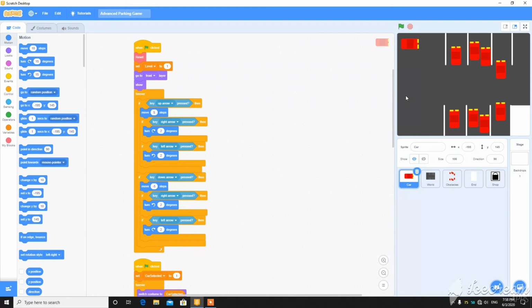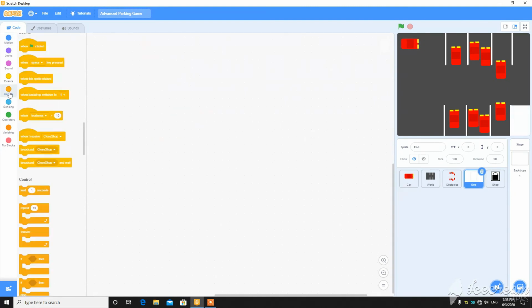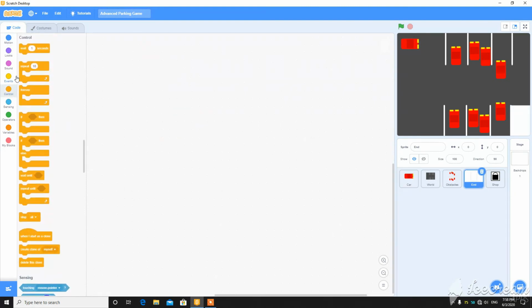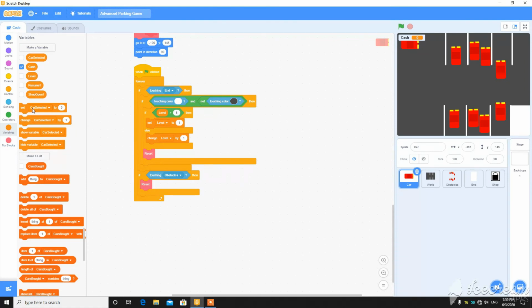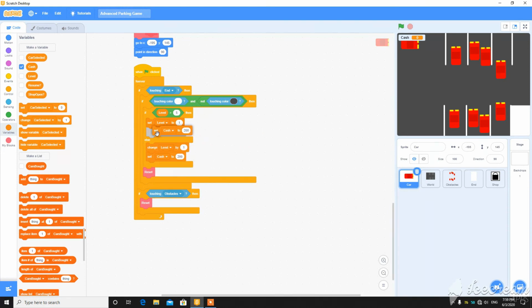So you can add more levels, like as you can see, when I complete the game it restarts. And also we have to add some cash every time we reach a level. So put it here, change cash by 200 when level changes by 1, 200, and also here when the game completes add some 300 extra cash or 100 extra cash.